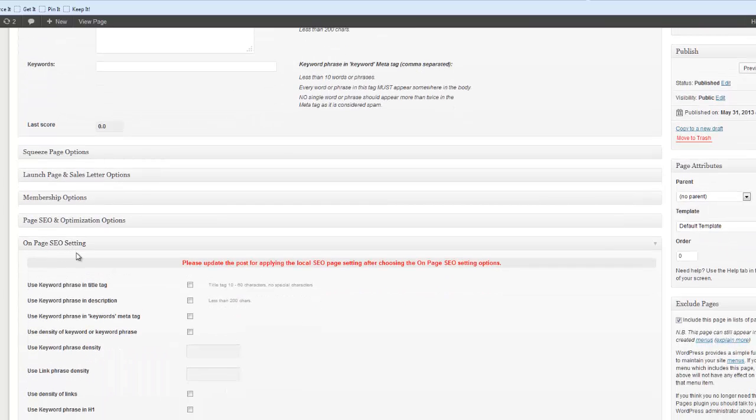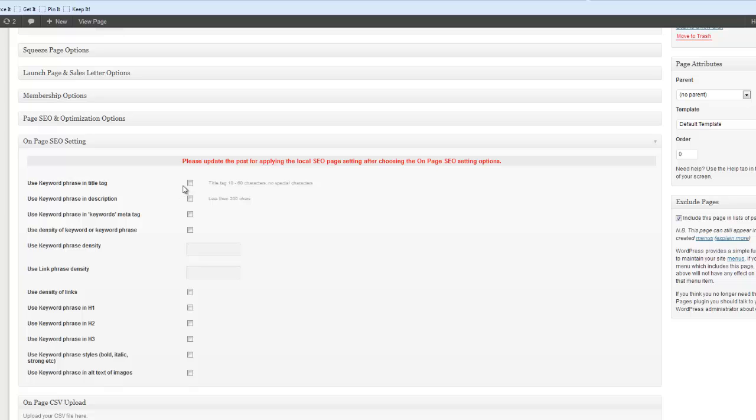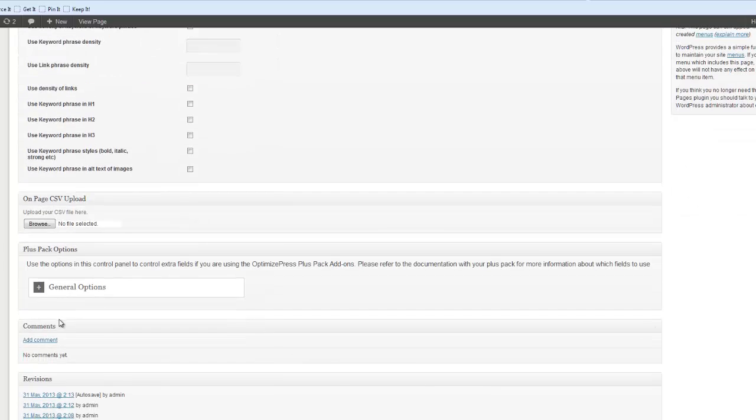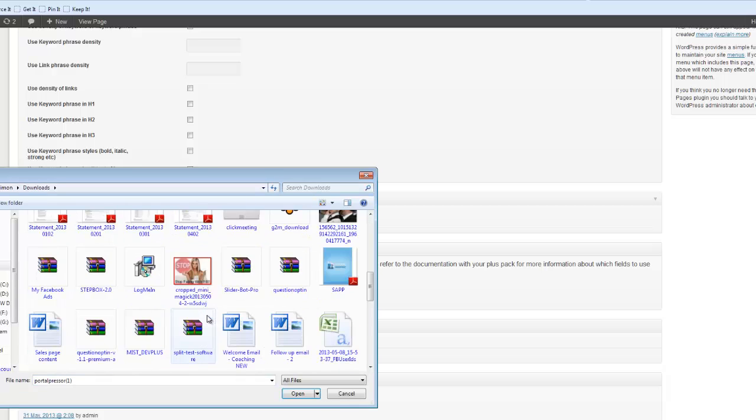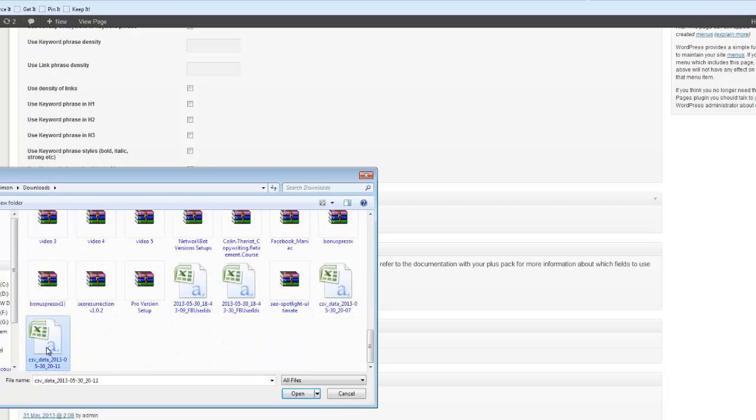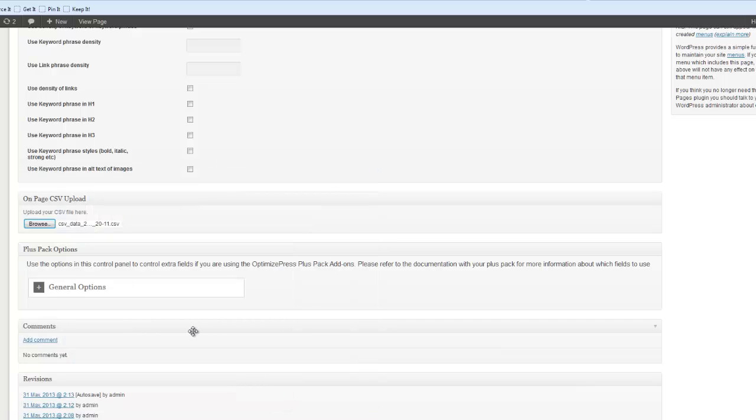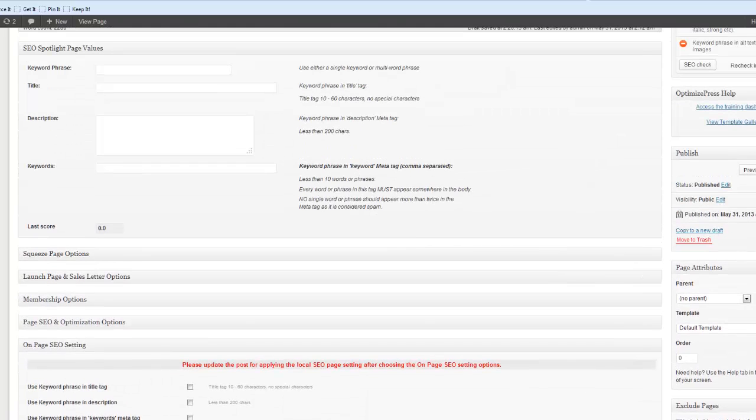This is your on-page settings. So this allows you, again, it's the same as the global settings, but you can do it per page, per post. This next one is the CSV. So when you've chosen a URL that you want to use, say it's the top ranking website for your particular keyword that you've gone after, you can click browse. You can take the CSV, upload that, and then when we just click update,